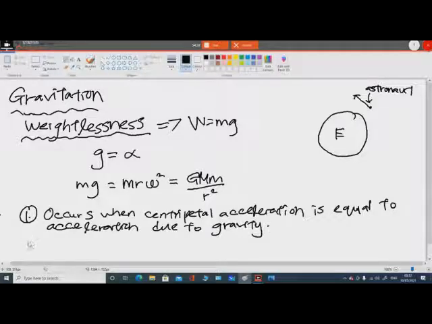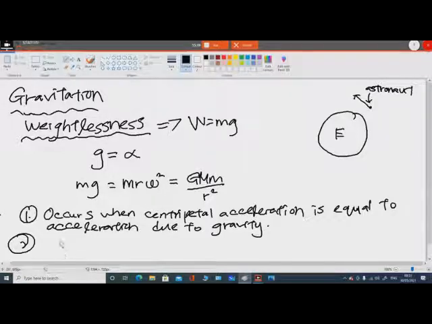As for the second point, acceleration due to gravity, since acceleration due to gravity is equal to our centripetal acceleration. So it means that when gravitational acceleration is converted to centripetal acceleration, our weight,